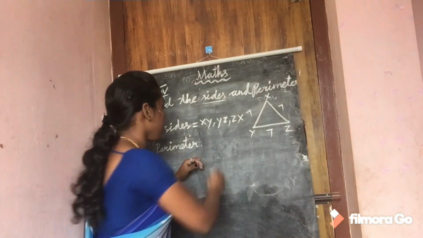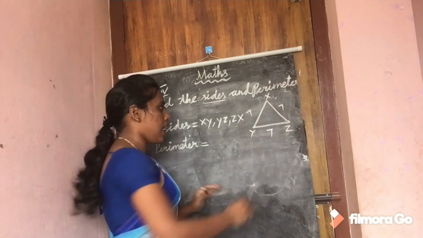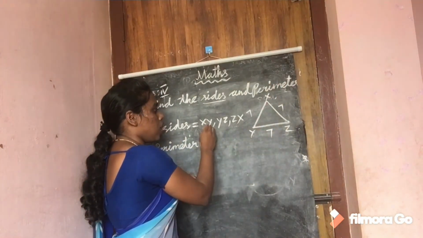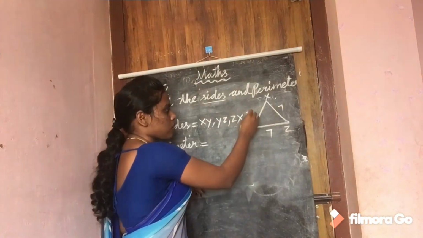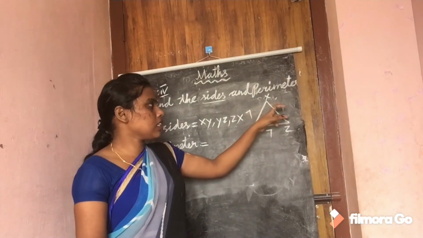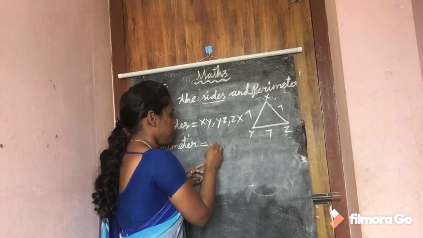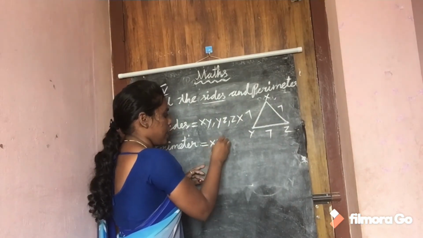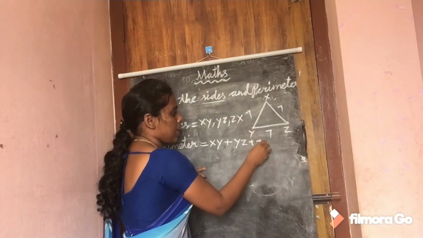What is perimeter? Perimeter is nothing but adding the sides of a figure. Okay. Now here 3 sides are there. We are going to add the 3 sides now. See, what is the centimeter they given here? 7 centimeter. Each side they given 7 centimeter. So you have to write 7 centimeter. First, what is the formula? xy plus yz plus zx.